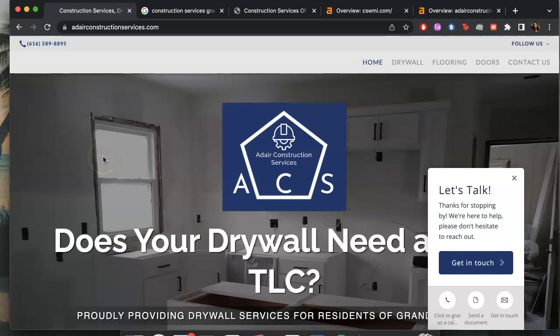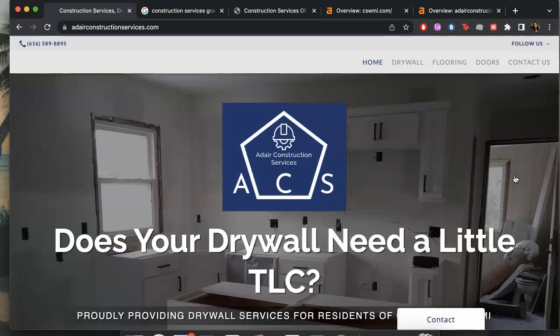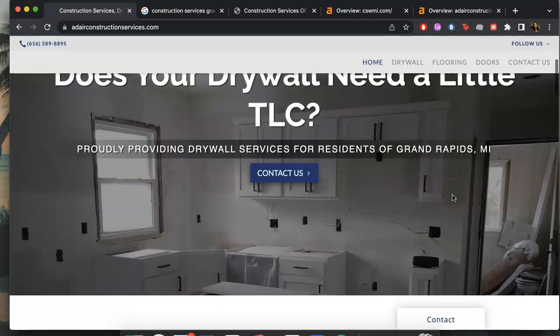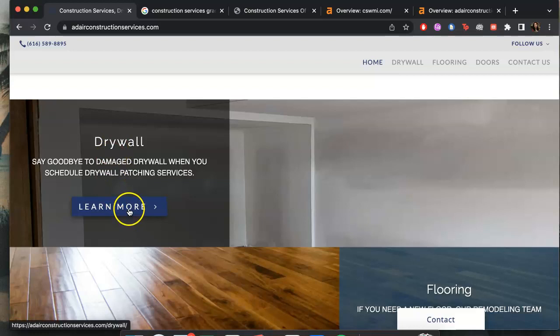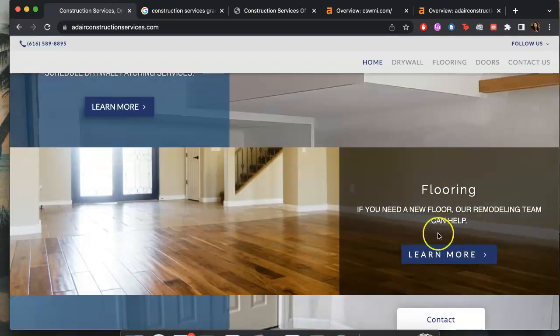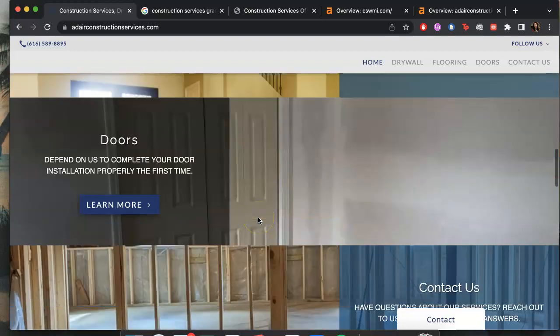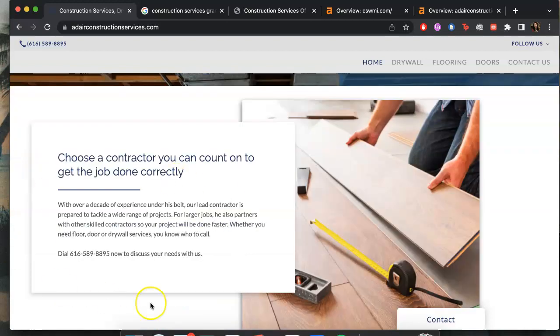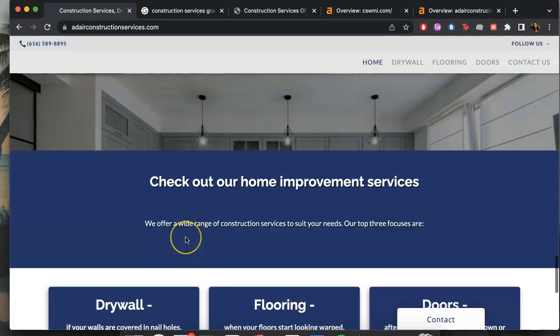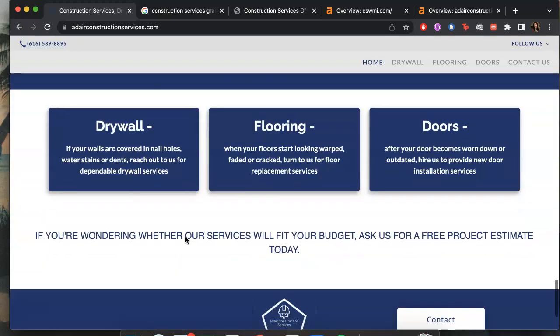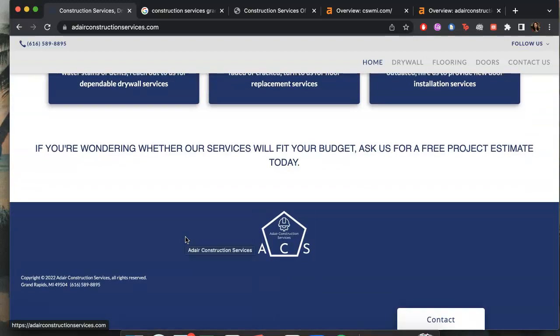I have your website pulled up right here, and first off, I love the Let's Talk pop-up, very helpful. You've got a nice and simple design. We see a little bit of content here. I like that all of these are going to link out to different service pages, right? In theory, with some more content on them. You've got a little bit here as well. You've got really nice imagery, and overall, the layout and design of your website is very clean and easy to